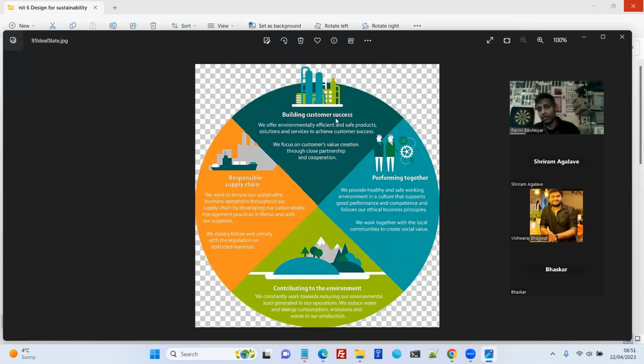And of course, it's about building customer service, re-emphasizing performing together, contributing to the environment, and a responsible supply chain. If there is a supply chain, we have to make it responsible. Maybe a ship can also run from nothing. A ship runs through the ocean. They have a lot of sunlight. They have a lot of wind. Why can't it run from nothing? There's no reason why it can't. And if the ship suddenly runs from nothing, that means you could build a smaller ship, a cheaper ship, and zero cost